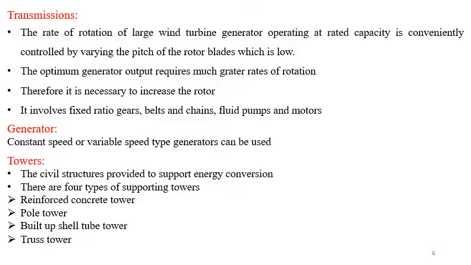Next is about the tower. The tower is a civil structure, okay, which is going to provide support for energy conversion. There are four different types of supporting towers that deserve consideration. These are the reinforced concrete tower, the pole tower, the built up shell tube tower, and the truss tower. Among these, the truss tower is favored because it is